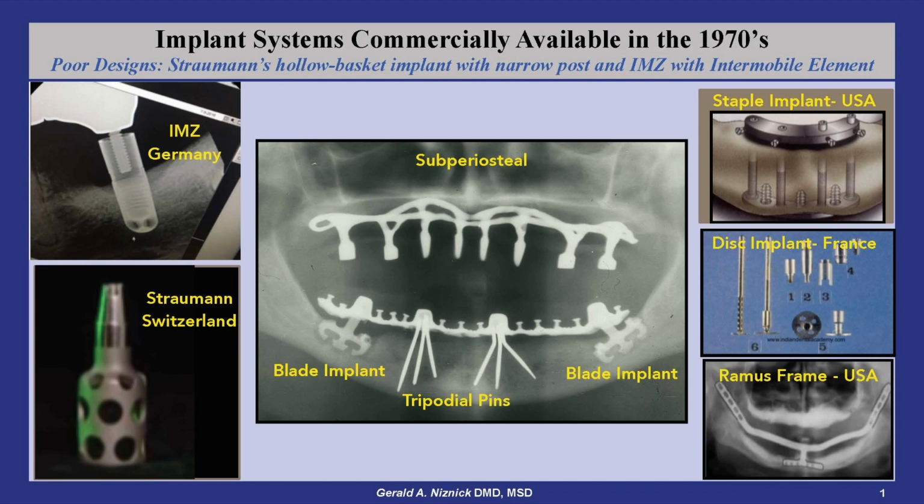The basket of the Straumann hollow basket implant was the genesis for the Corvent design, but Straumann's implant left a big gap at the crest after you drilled the hole. Corvent solved that problem. The German IMZ implant with its intermobile element, osseointegrated, but was a prosthetic nightmare. Subperiosteal implants, blades, pins, and ramus frame implants were popular in the US in the 1970s, but with unpredictable results. The French Scortecci disc implant and the staple implant used by oral surgeons all were obsoleted by the Corvent and